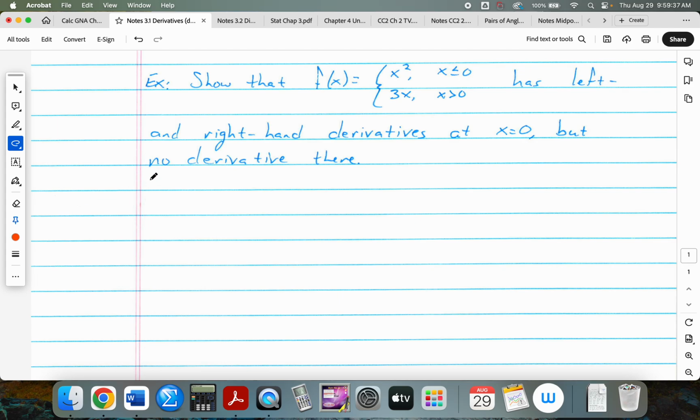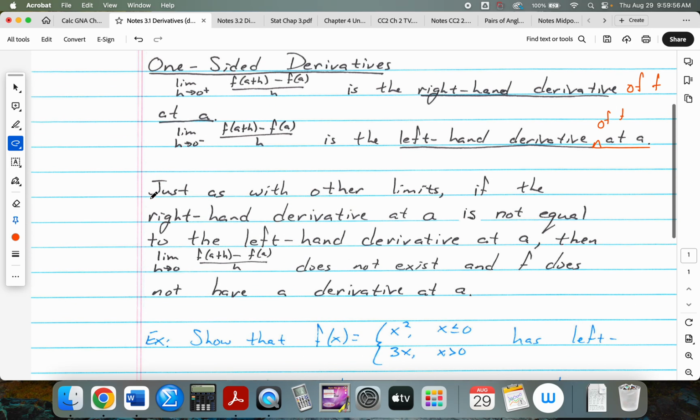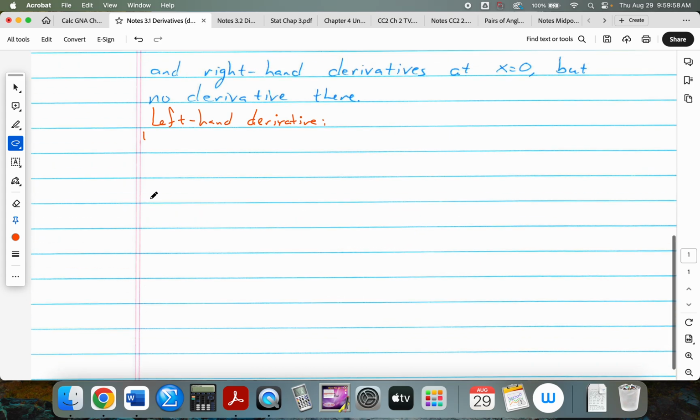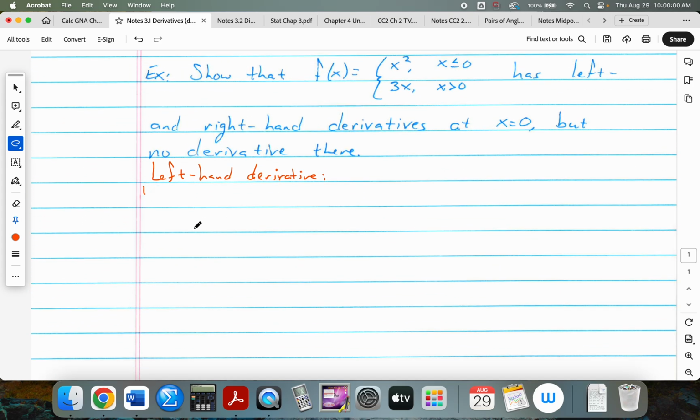So, for the left-hand derivative, we're going to take the limit as h approaches 0 from the left